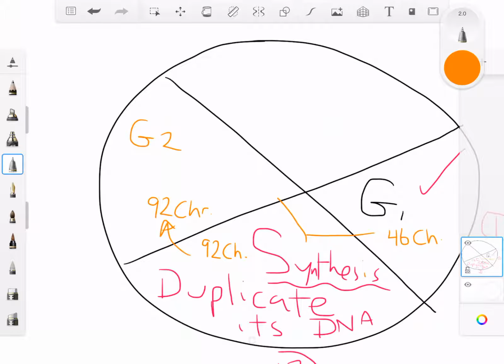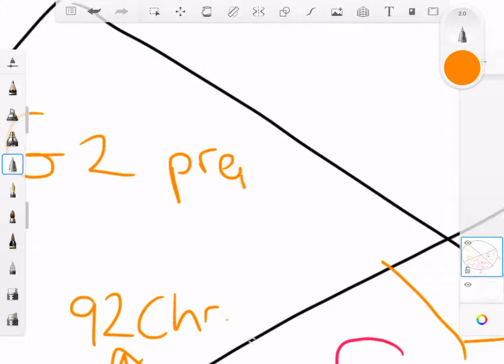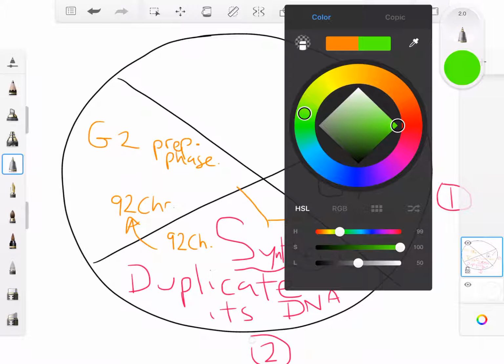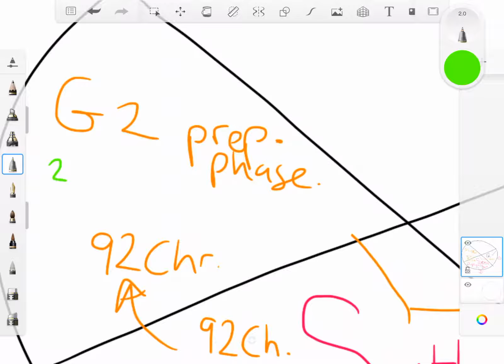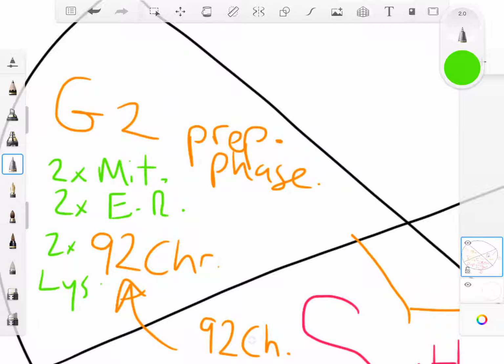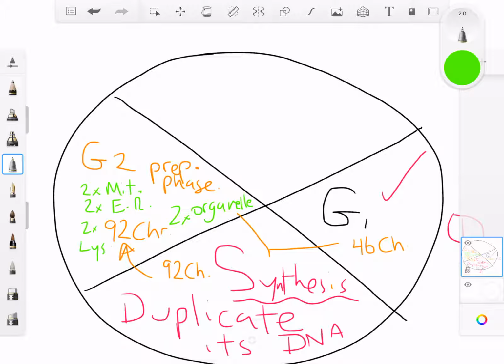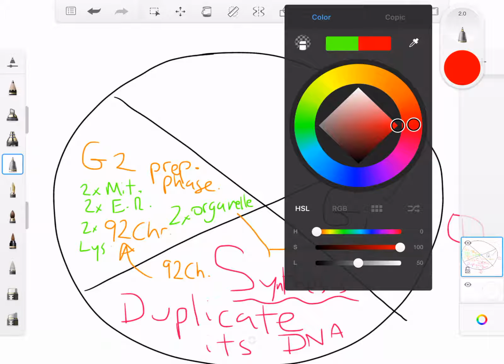And G2 phase, I like to call it the prep phase, because this is where the cell is saying, okay, well, I have 92 chromosomes, right? Now I need double the amount of mitochondria. I need double the amount of endoplasmic reticulums. I need double the amount of lysosomes. I need double the amount of every single organelle. And once the cell understands that it has enough space, enough nutrients, the growth factor, then it begins